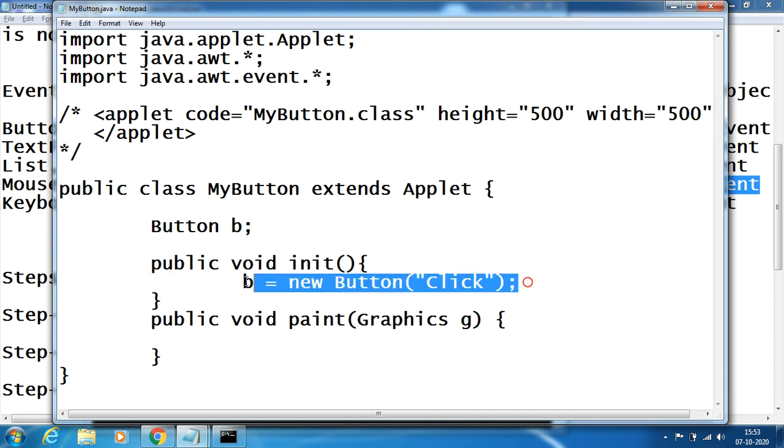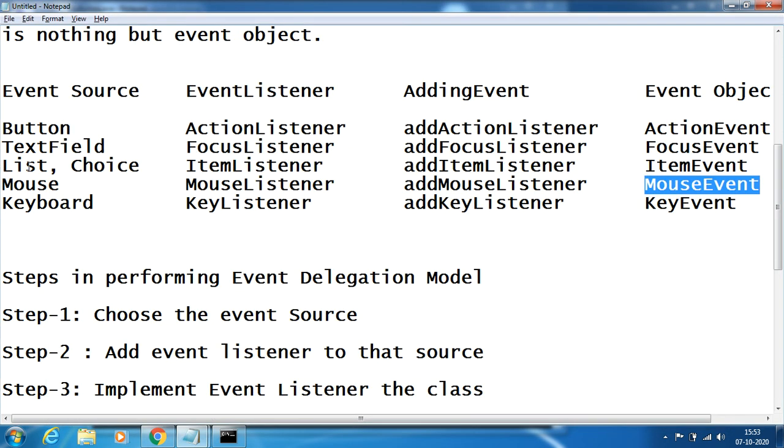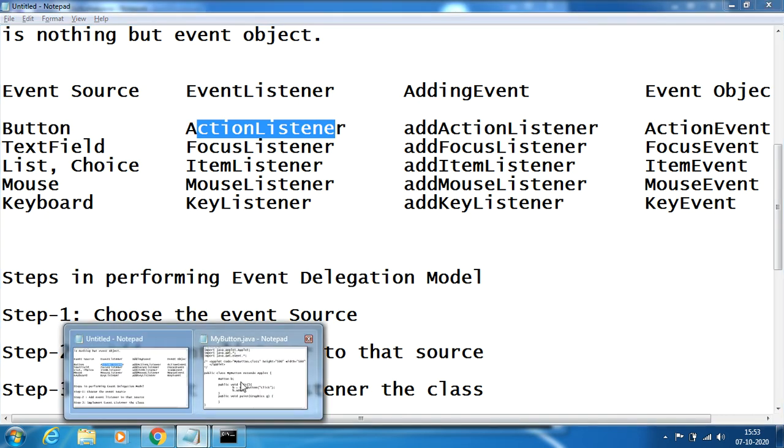On this event source, I have to add the listener. How? Simply saying b dot, for button, which one I have to use? See, for button I have to add action listener and implement action listener. So add the action listener now.